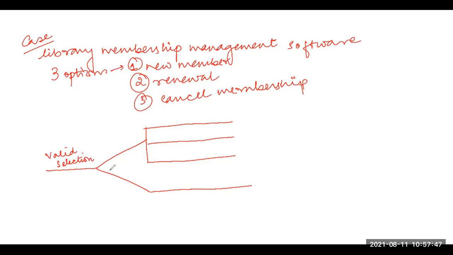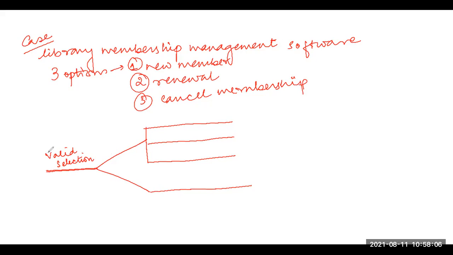Now, can anyone say, if at the beginning I do a valid selection, what are the two options that may come from the user if it is a valid selection? I have said that these edges represent the conditions.